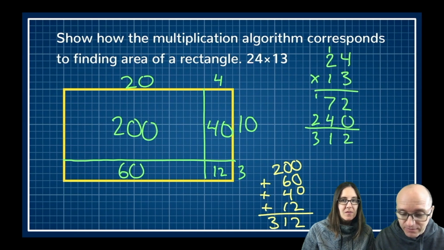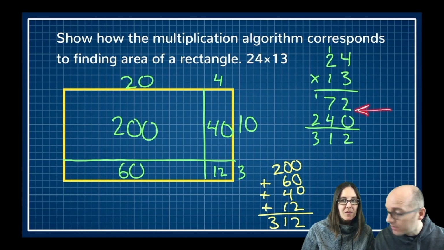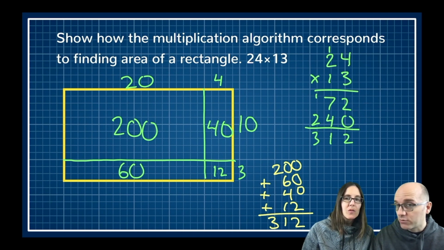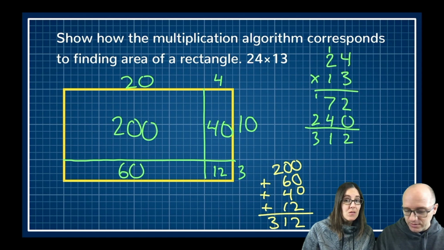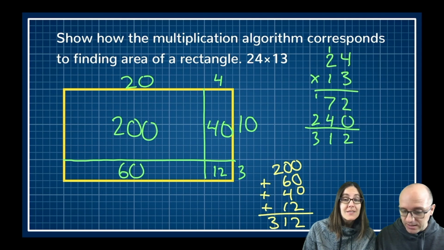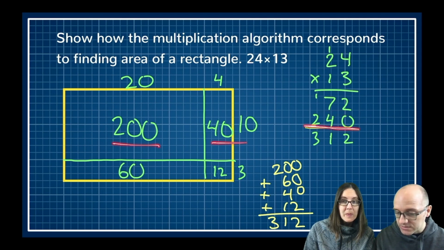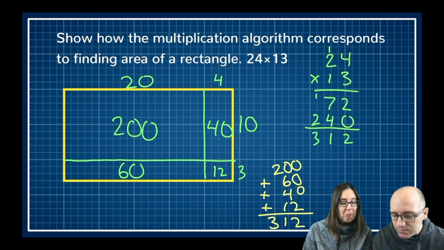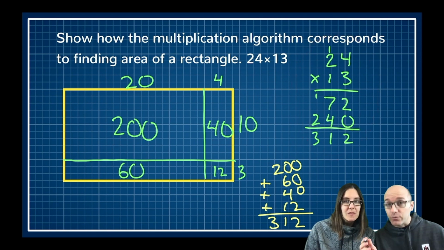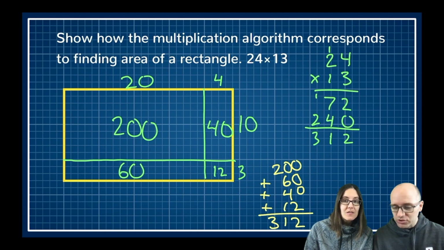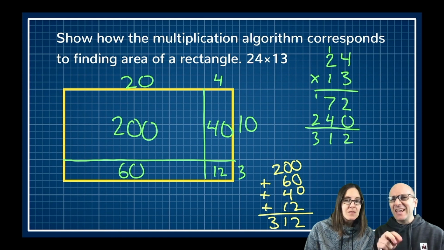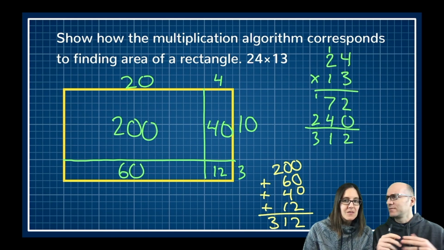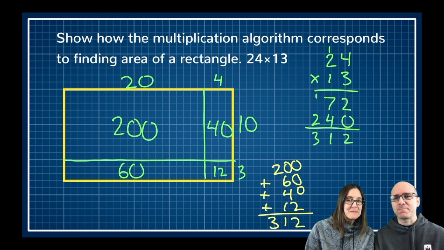Interesting. Those same numbers, the 200, the 40, the 60, and the 12, they actually showed up as part of this calculation right here. Yeah, the 3 times 4 gave us the 12. We did the 2 times the 3, that gave us the 60. Although we added those together. The 60 plus the 12 is where we got the 72. And this 200 and the 40 is where we got this 240. So anytime we're using the usual algorithm, we're actually just adding up the areas of a bunch of smaller regions. It's just hidden behind the machinery there. That's kind of cool.